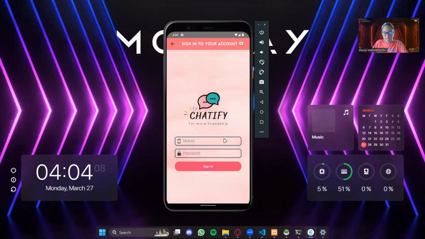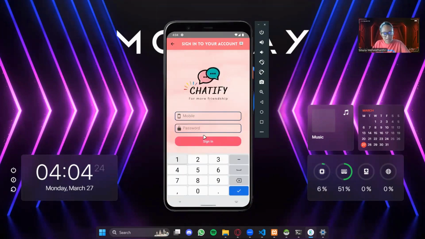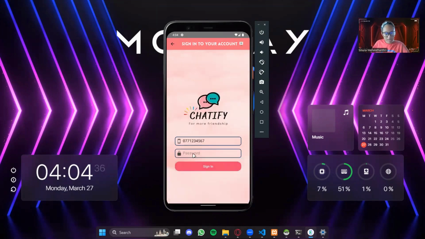Now this is my sign-in page. Sign in to your account. Once a person has signed up, he or she or it will be automatically taken to the sign-in page. Now I'll add the mobile and the password of the user. Over here, I'll add the mobile, 077123456, right? And now I'll give the password